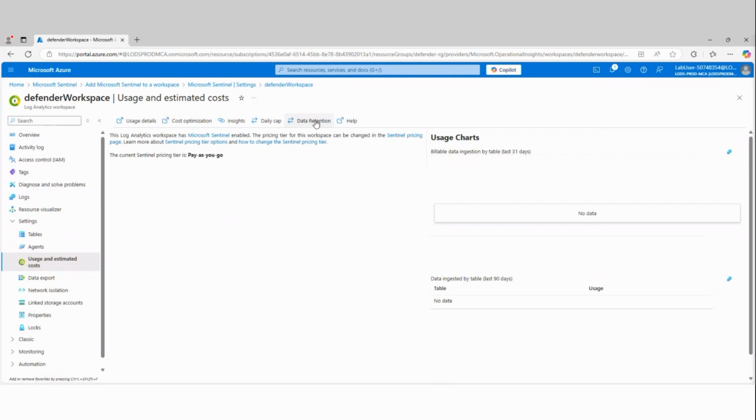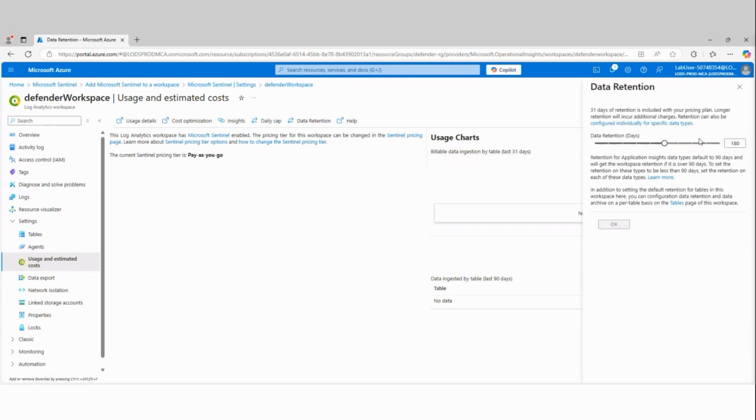So at this point, our log analytics workspace can store that data for that period of time. So here's what would happen. It would store it for 180 days. This would be what we call the interactive logs, meaning I can go in and run queries using KQL against the interactive data.